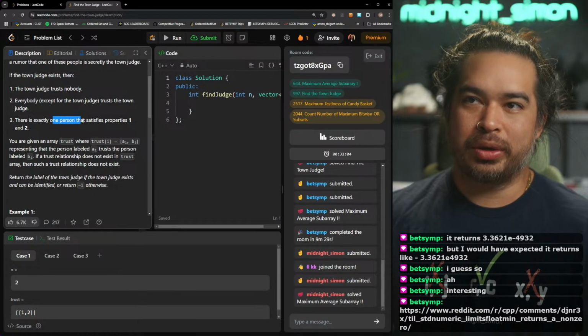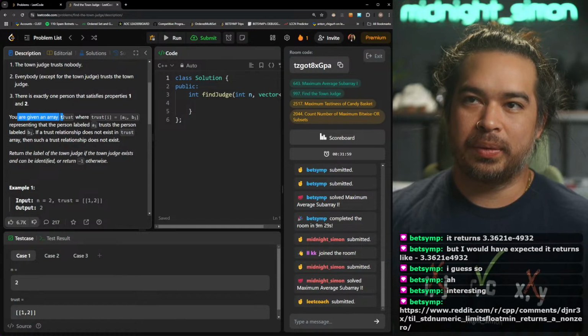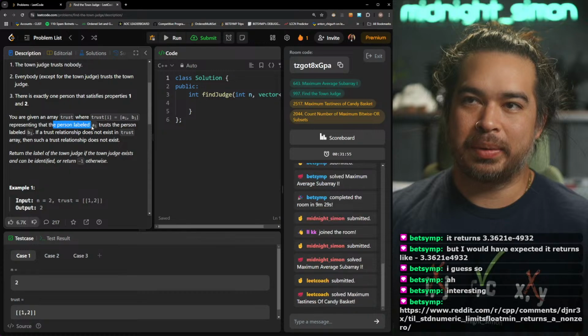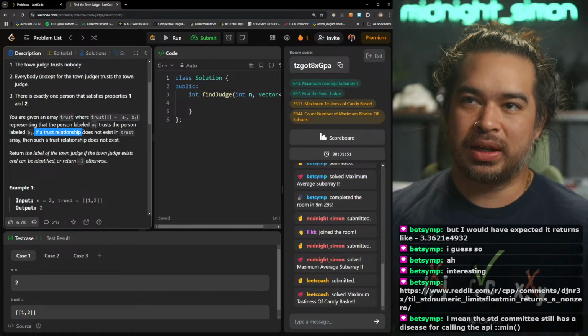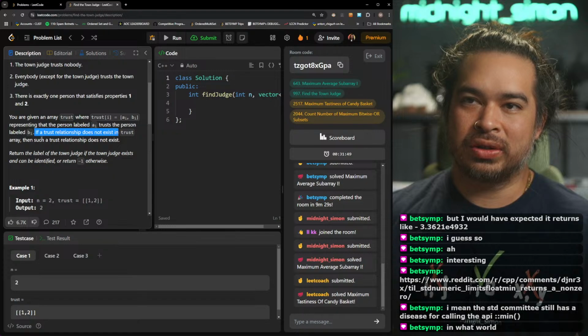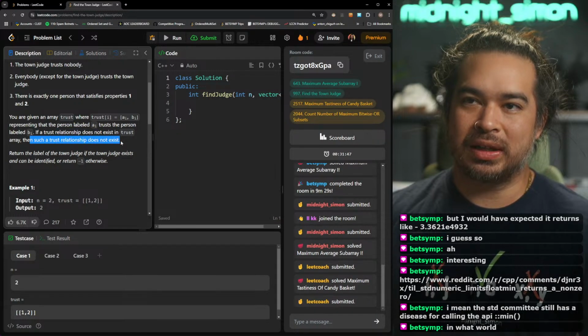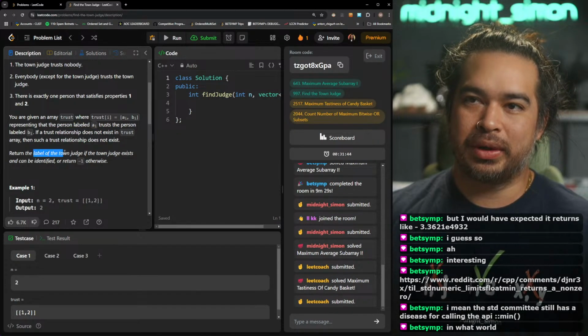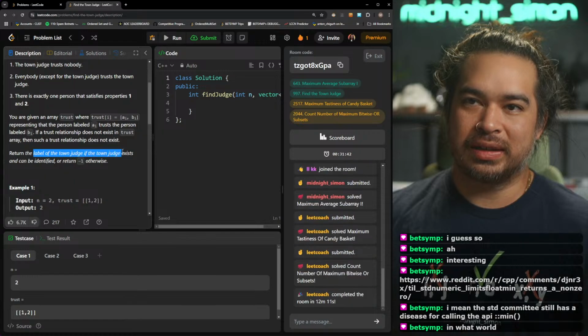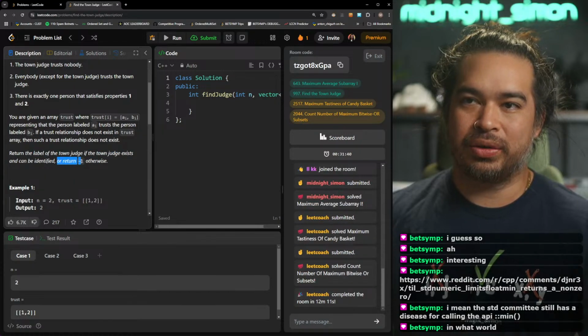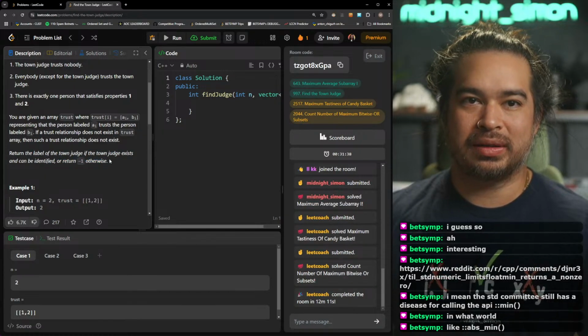There's exactly one person that satisfies properties 1 and 2. You are given an array trust, where trust[i] = [a, b] represents that the person labeled a trusts the person labeled b. If a trust relationship does not exist in the trust array, then such a relationship does not exist. Return the label of the town judge if the town judge exists and can be identified, or return -1 otherwise.